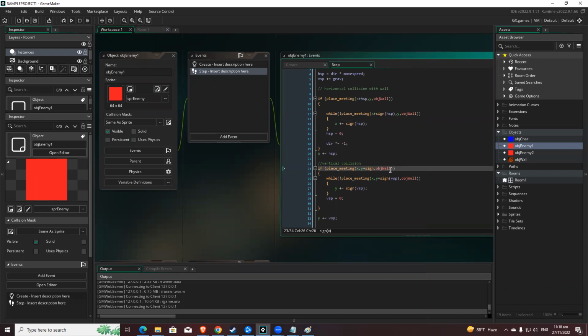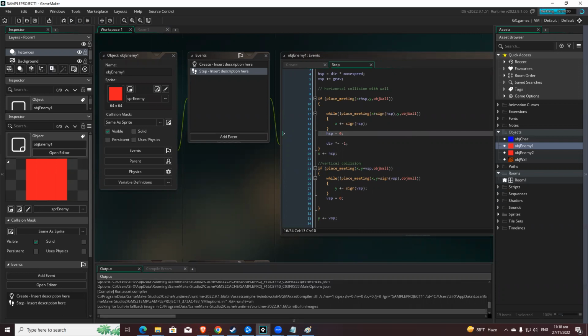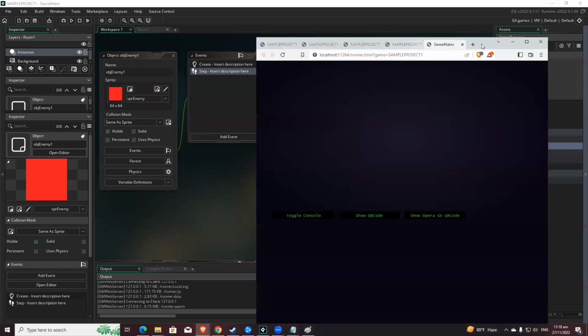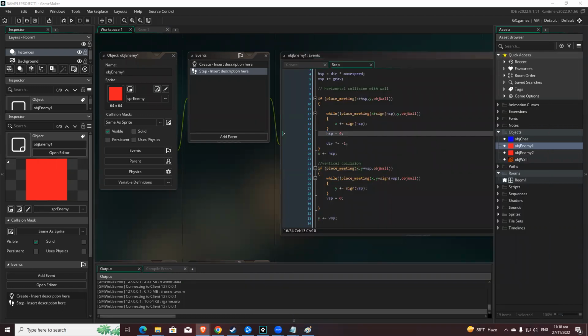Oh, I'm sorry. It should be the BSP. That's the main reason for it. So let me go ahead and run this one more time, so that we could see if it is working properly. There we go. So we don't have any more problems with our first enemy,